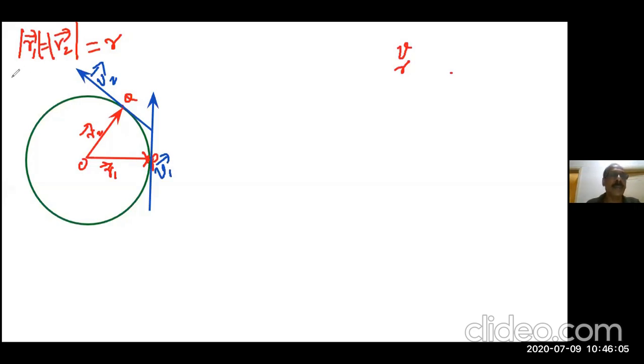So if I am marking here vector V1 equal to vector V2, will you accept? No, sir. The magnitude of vector V1 is equal to the magnitude of vector V2; you will agree. So the magnitude of V1 is equal to the magnitude of V2, which is equal to V. That is the speed. The length I am keeping the same, so while you are drawing also, you must be careful.